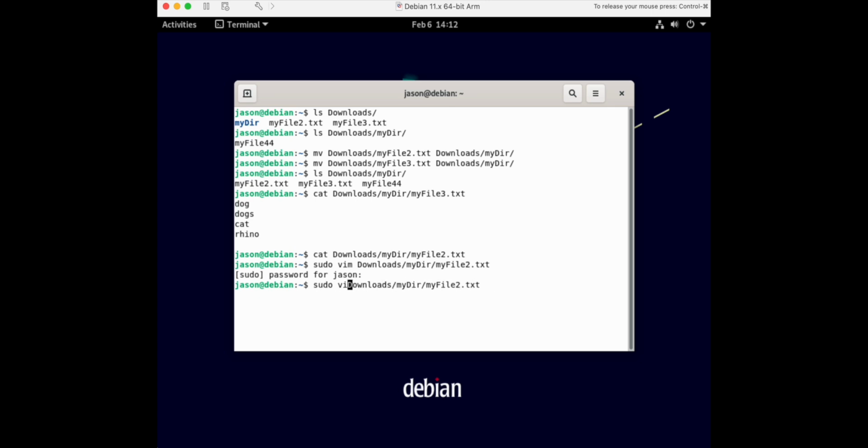I'm going to say diff, and then down, and you can see me using the upper and lower keys to save on typing. So I'm going to say diff for this file, my file 2, and you saw me adding the different things to my file 2, and then we can say downloads, my dir, my file